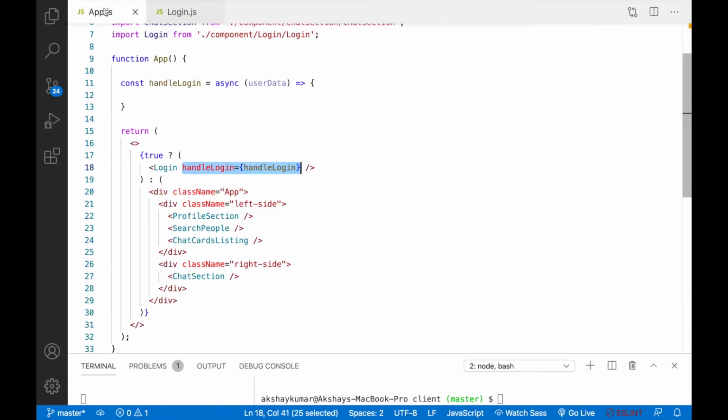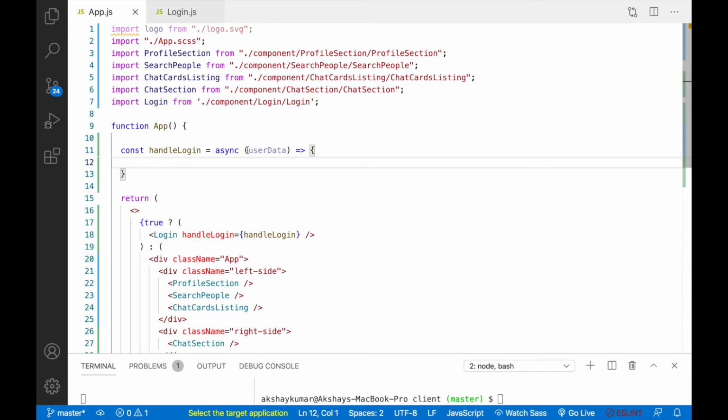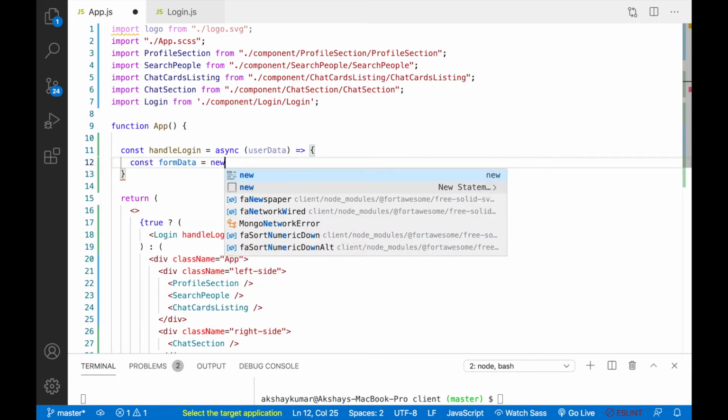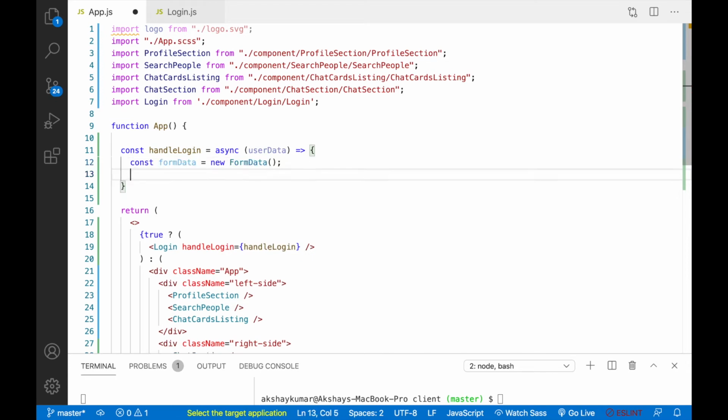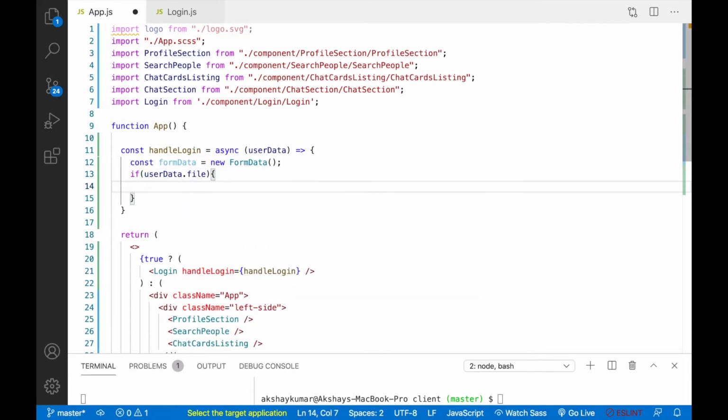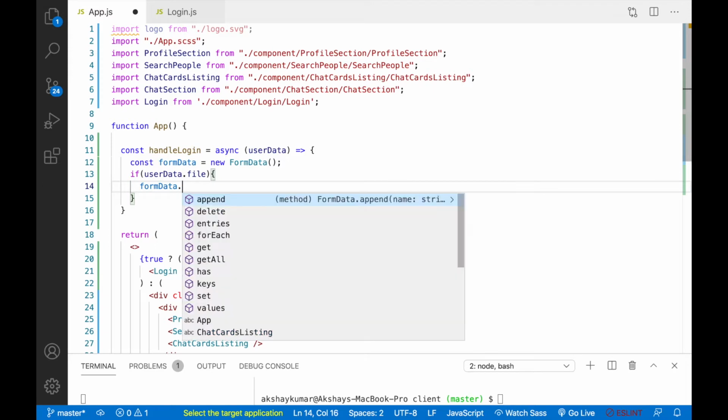Now we'll go to app.js and here we are getting this user data, right? So we'll write const formData equals new FormData. So here we'll check if the file is available or not. So we'll write if userData.file, and if file is there we'll write formData.append.